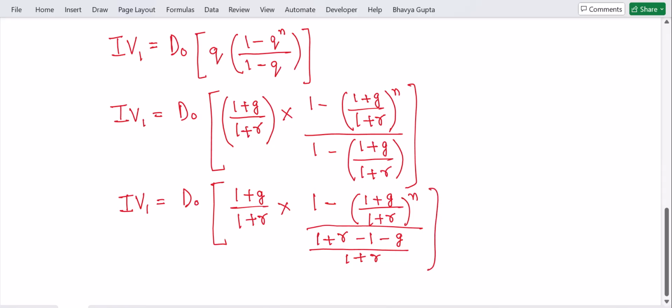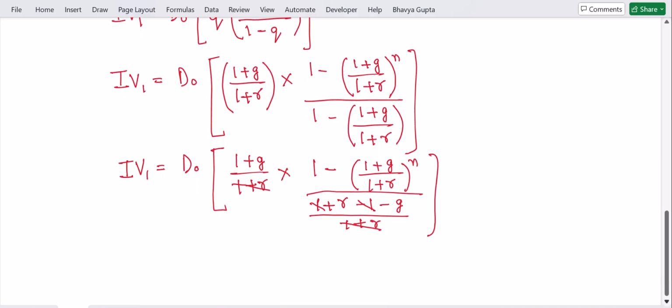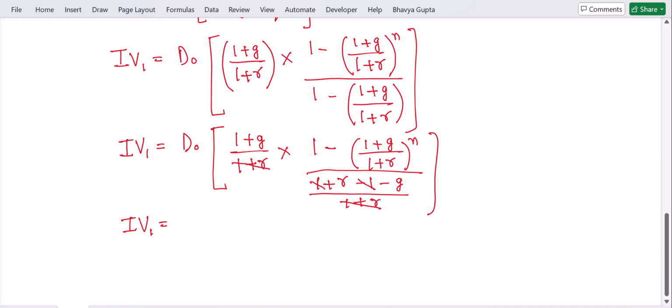This is the equation. Now if we further reduce this, we can cancel this 1 plus r with 1 plus r. They will cancel each other out. Then 1 will cancel out this 1 here, right? 1 minus 1 will become 0. So now the final equation will become IV1 is equal to D0 into